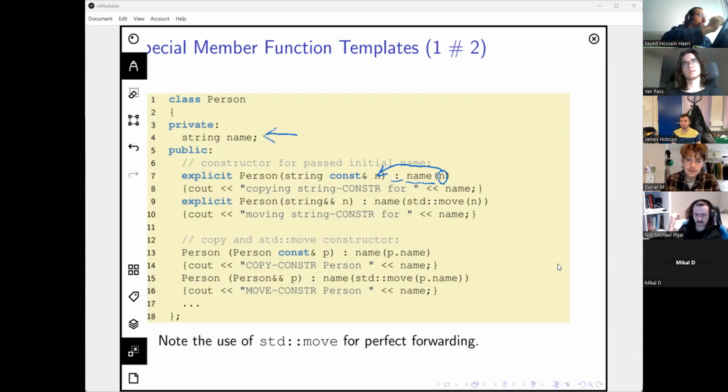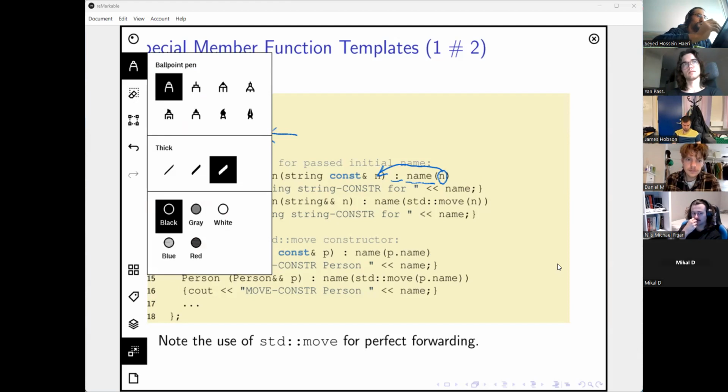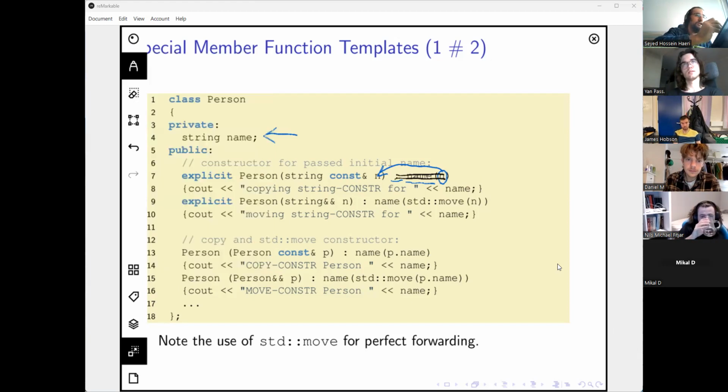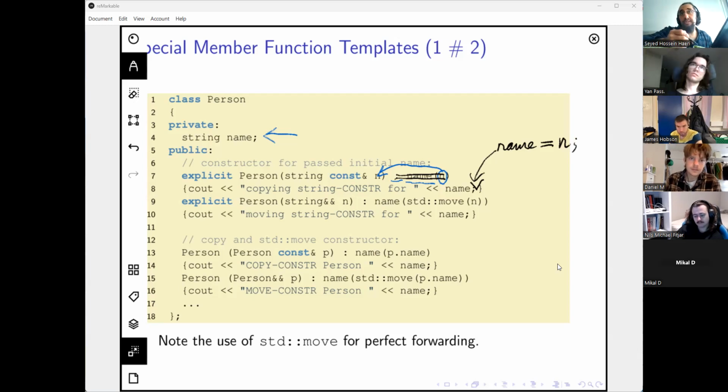One thing that you can do is remove this, and somewhere in here you write name equals n. You can do that, but if you do that, then at the point where the flow of execution enters this body, name is already constructed.